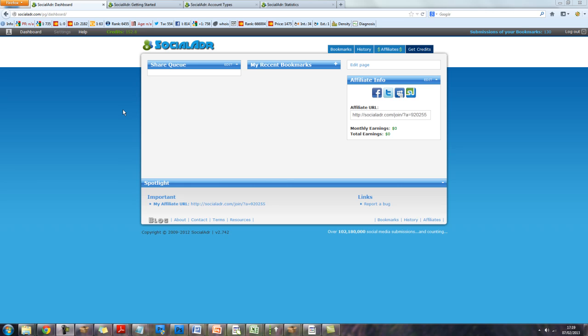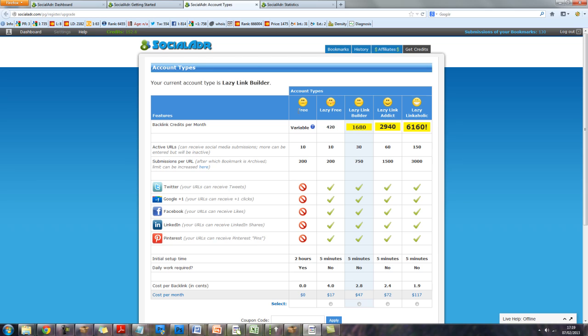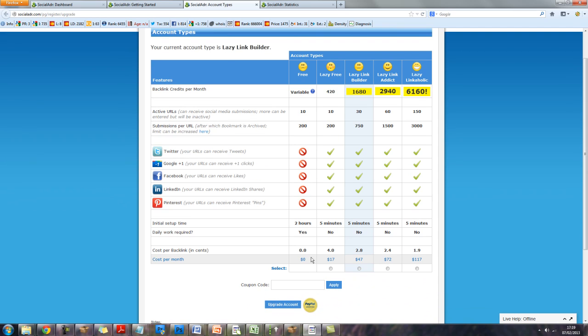And how the system works is there's hundreds of thousands of people around the world who have this SocialADR system, and there's actually a free version. Let me show you the account types here. There's a free version here, which is 0, as you can see here. And there are some considerable limitations on it, but there are thousands of users using the free version because they want to get these free